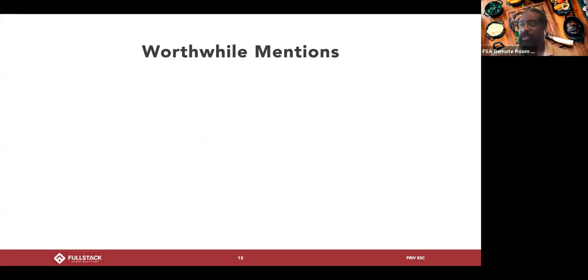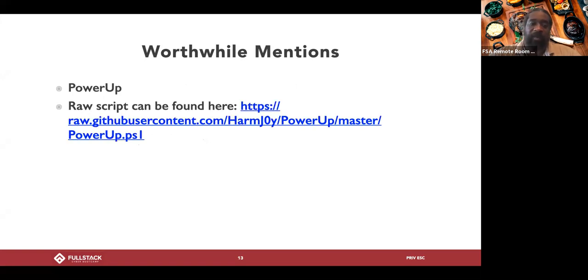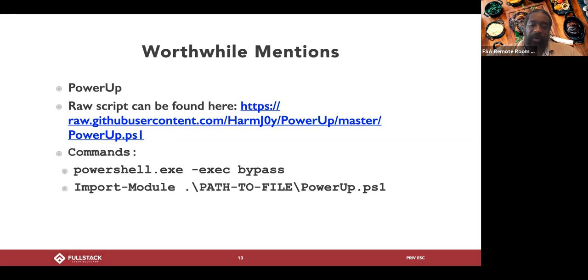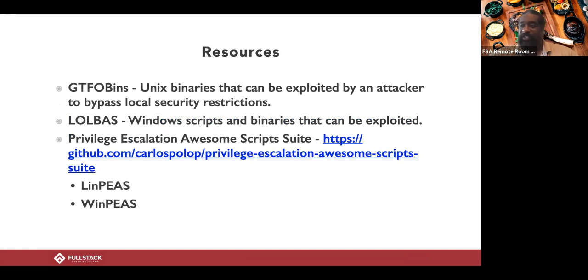There's just a ton of things to go through. And then here's some other things. PowerUp. This is a PowerShell script that you can use, and some other PowerShell things you can use. But I want to get to these other resources, because these are the resources that I tend to lean on